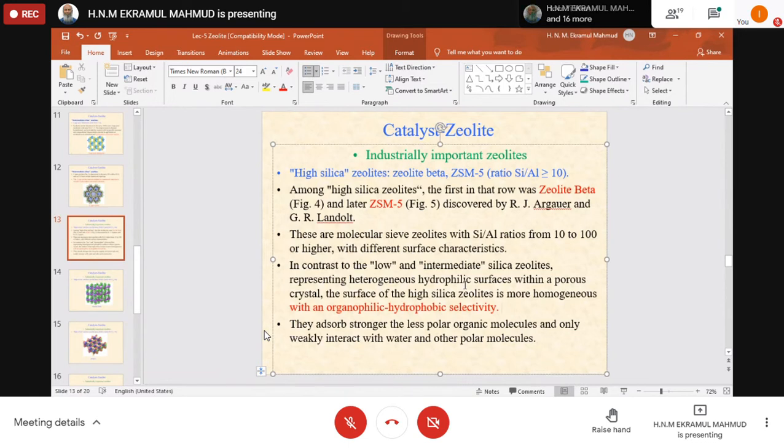Previously, I have shown you that if we change the catalyst, we get different types of products. We sometimes get a water removal, dehydration reaction. Sometimes we get a hydrogenation reaction, right? All right.